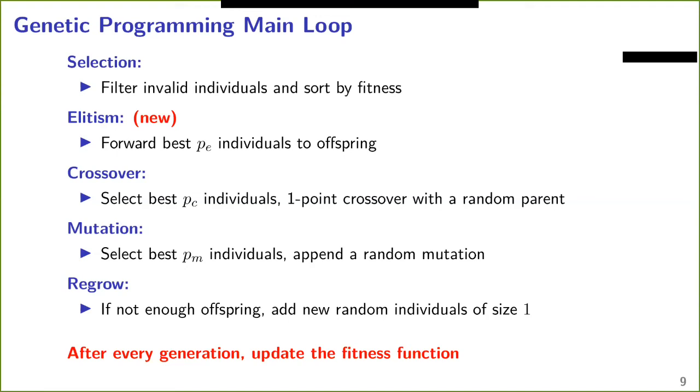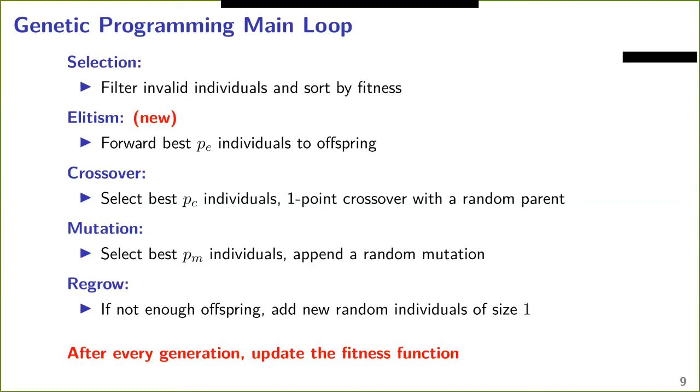So slide 9, this slide, thank you. So we start from a population of n individuals. Then, for example, I will just consider GP, so only crossover and mutation. We select 50% of the individuals for crossover, 50% for mutation. So n divided by 2 and n divided by 2. But there might not be enough valid parents. For example, it might happen that all the parents from the previous population are invalid, in which case there is nothing to generate through crossover and mutation.